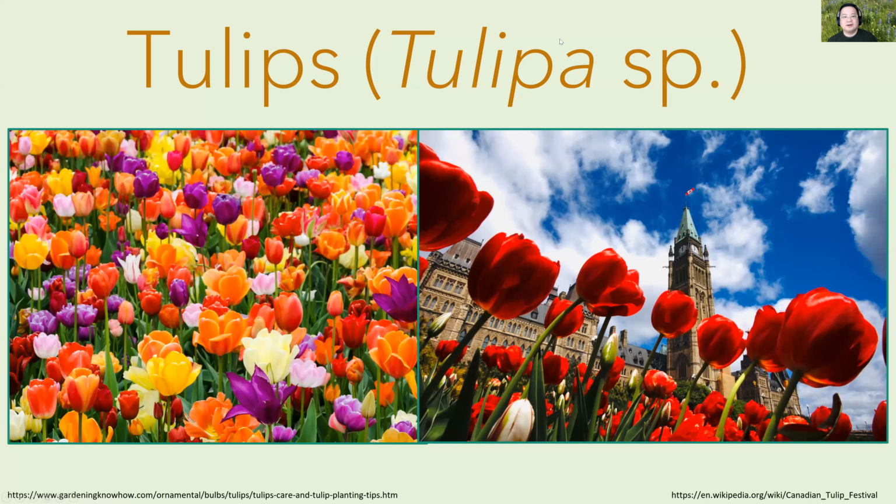So the last part of our Easter story is that of tulips. Tulips are plants that we'll see in our gardens, in gardens of people planting them in their neighborhoods throughout. If you go to Ottawa, there is a festival of tulips every spring